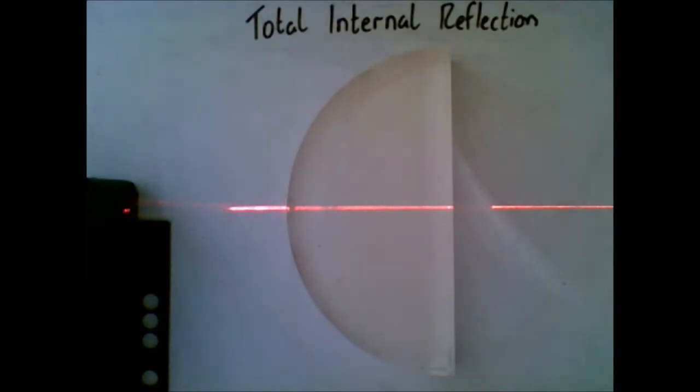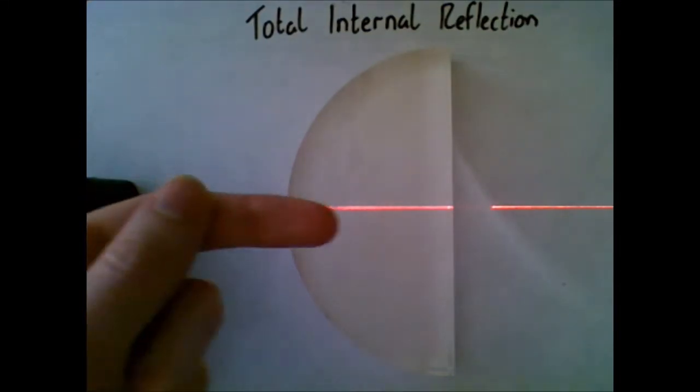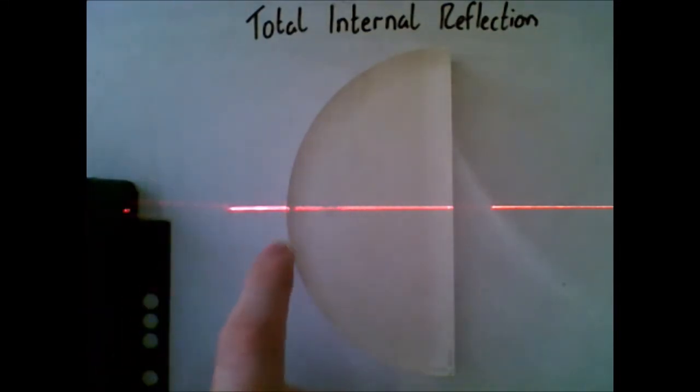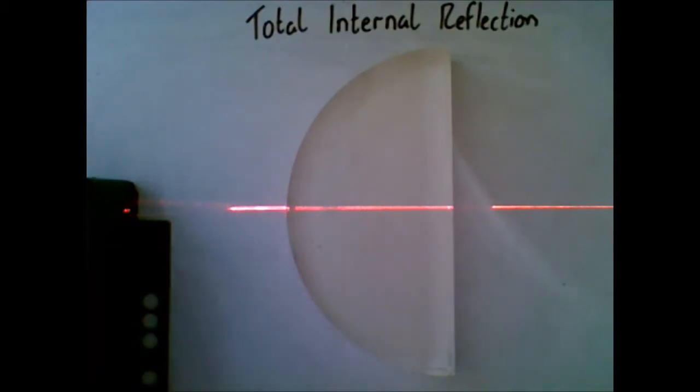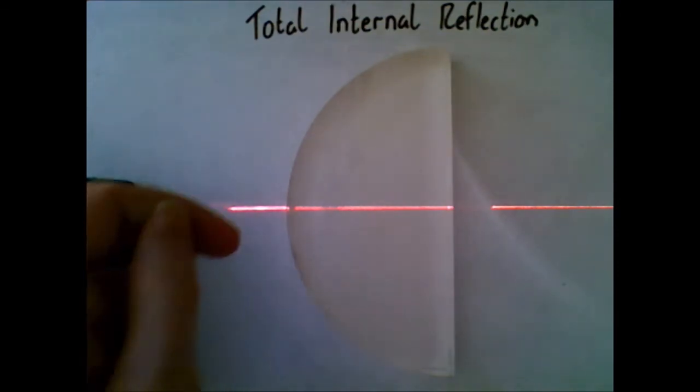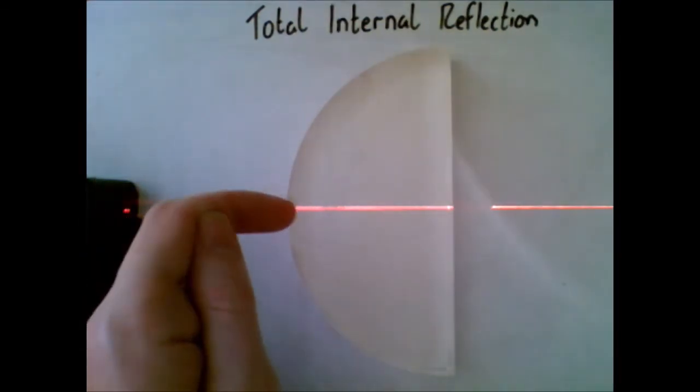Okay, in this video we're going to look at something called total internal reflection, which you probably haven't done before at GCSE. Now on the screen there you can see that I've got a semicircular block and I'm shining the light in this way. Okay, the light's shining through the block. Now the reason I'm shining it in like that is so there's no refraction at all on the way into the block. Okay, because I'm always going to be shining the light ray perpendicular to the surface of the block